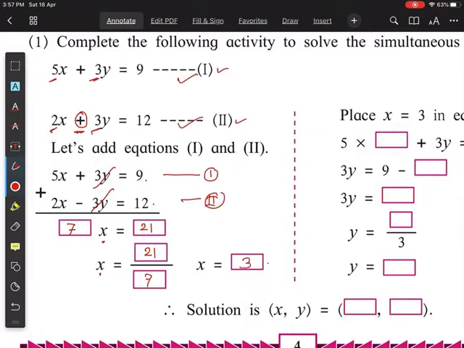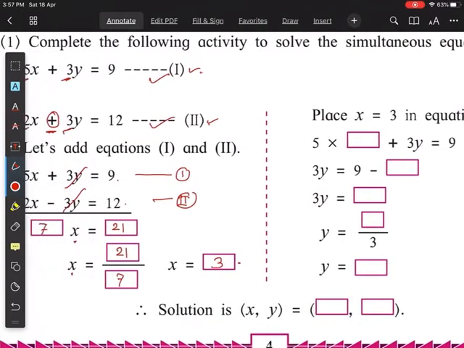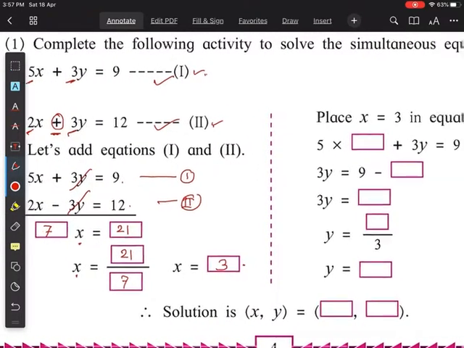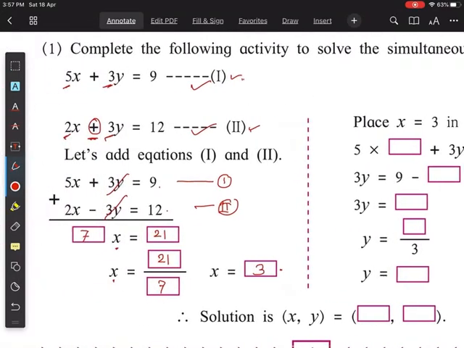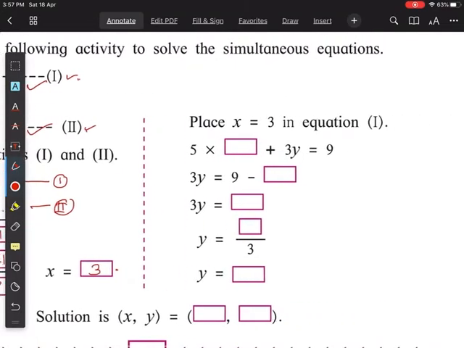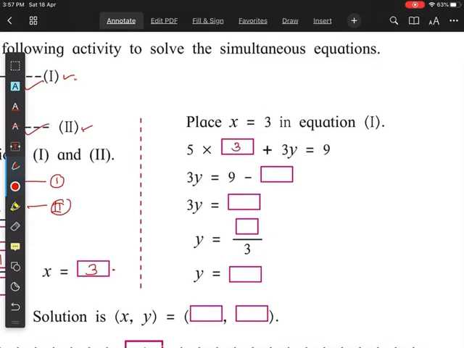Now put the value of x equal to 3 in either of these two equations. Here we have put the value of x equal to 3 in equation 1. So 5x, the x value is 3, plus 3y is equal to 9. Now you will keep 3y as it is, 9, and here 5 into 3 is 15. This 15 we have to transfer to this side, so it will become minus 15. 9 minus 15, the answer will be